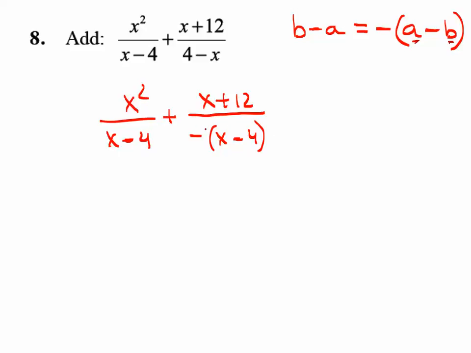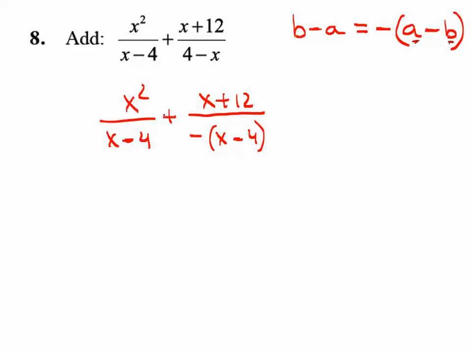Remember with negatives, I really don't like keeping negatives on the bottom. I either like to put the negatives on top, and if I do, then this changes to a negative x and a negative 12 because it's a multiplier. Or I put the negative out in front. But let's do a little short, so we have to write it down twice here. If I put the negative in front,